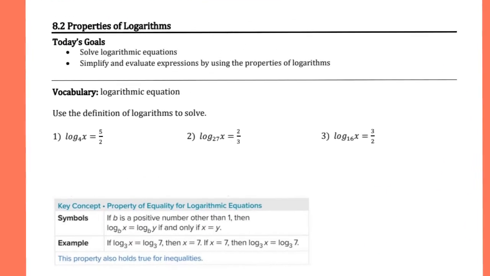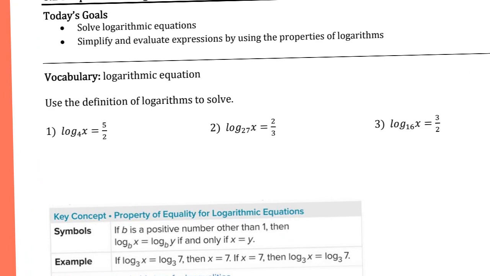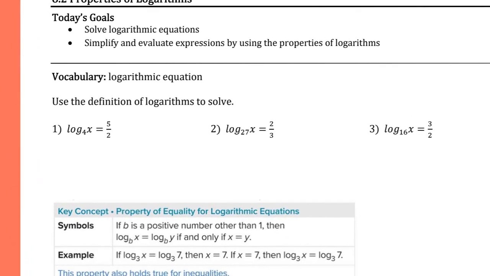Okay, so today we're going to be talking about some of the properties of logarithms. And I think the big thing is that you can work with logarithms and change their form to help you find an answer. So on these first three questions, basically, if you're asked what is x, well, you would change from logarithmic form to exponential form and look at the problem and say, hey,